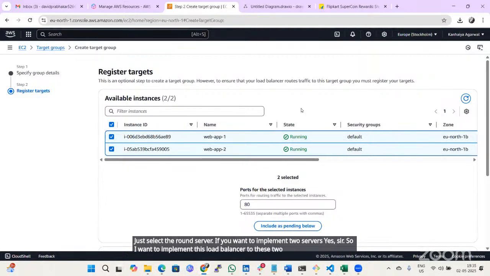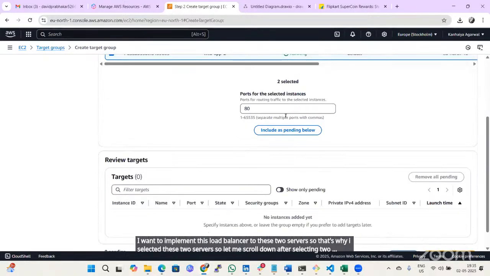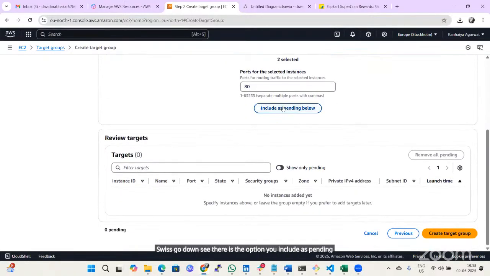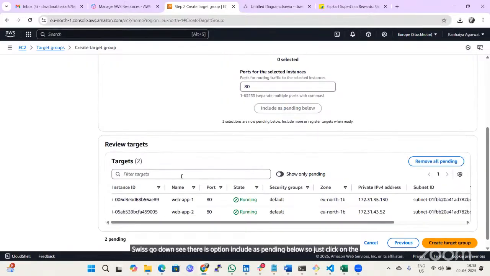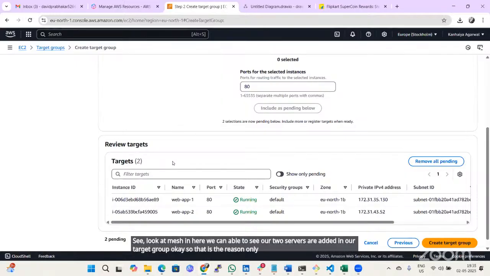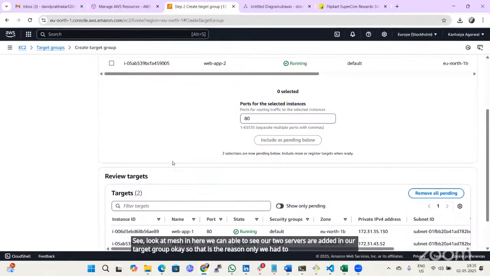So that's why I selected these two servers. Slowly scroll down after selecting two servers. See, there is an option, include as pending below. So just click on include as pending below. If you look at my screen here, we can see our two servers are added in our target group. That is the reason we have to understand what a target group is, why a target group,